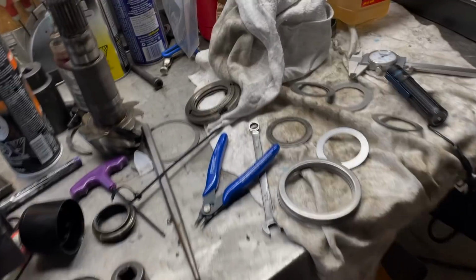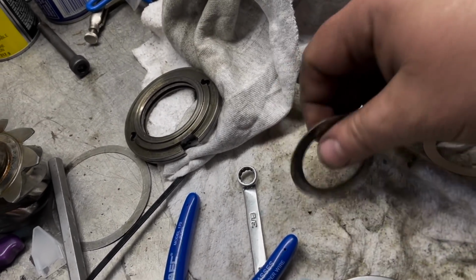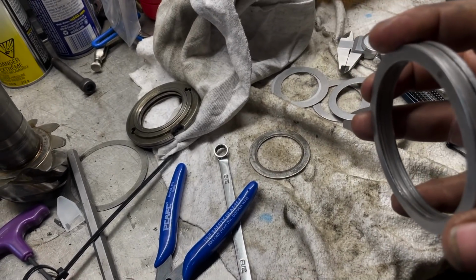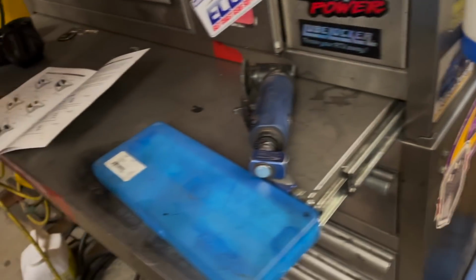Okay, so going over all these shims, there's not a lot of options, especially with the pinion shims that I got. There's nothing that's even close to this one. That's why I had to shim up a bunch. And you have a few more options with this one as far as thinner ones go. But